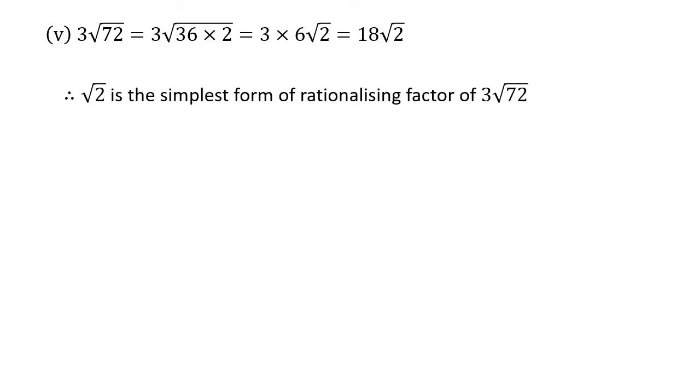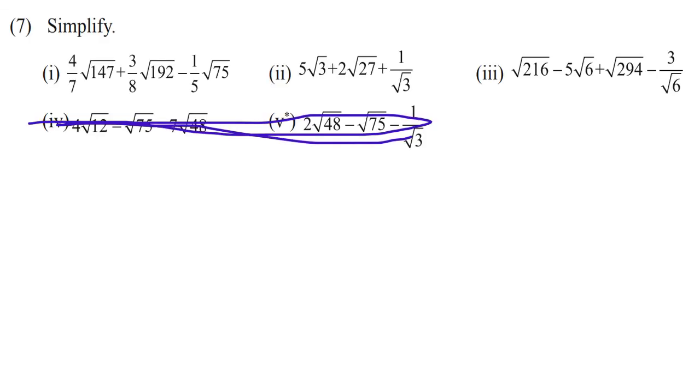Okay. Now let's go ahead. Question number 7, simplify. From this, question number 4 and 5 are not there. They are deducted. They are under the reduced syllabus. So take a note of this. From this 7th one, you will have only 3 questions. If you want for practice, you can solve them as self-study. Got it? Because even though the portion is deducted, they have given the remark that it is self-study. You have to do it.